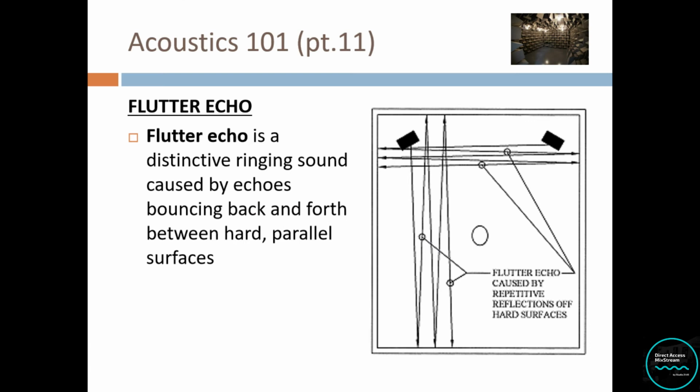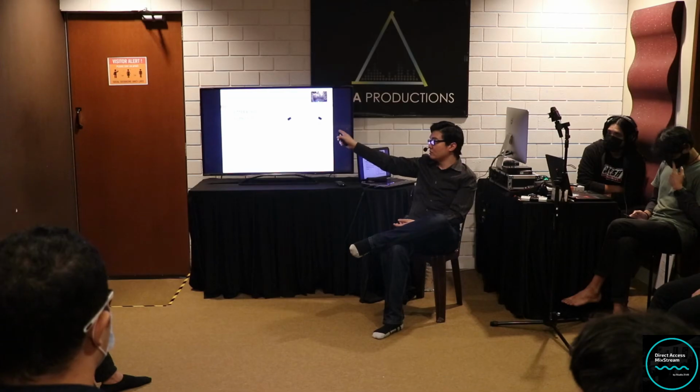Okay? So that happens between parallel hard surfaces. So go back home, clap, right? Maybe your friends and family members will think, what happened? You crazy already? They say, oh, I'm trying to listen for flutter echoes, okay? So flutter echoes are like that. They're caused by repetitive reflections off the hard surfaces. So the black boxes, those are your speakers. So if you have flutter echoes, imagine what havoc it causes. The sound is bouncing very, very quickly back and forth, side by side, front to back. It can also cause these issues.